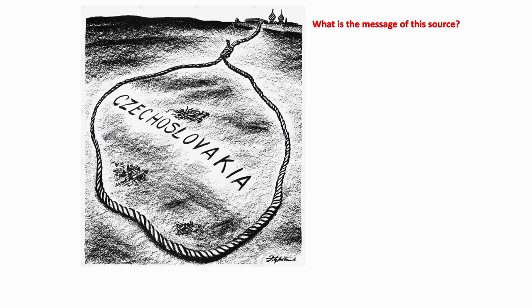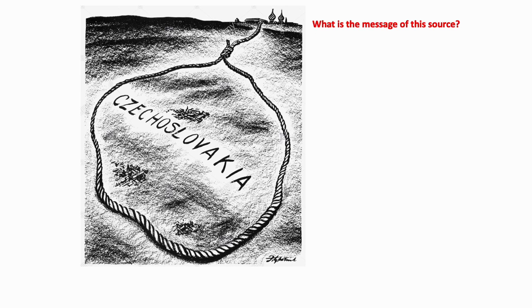Okay, so hopefully it's obvious to you that this is a Western source with Moscow in the background. We can see those Russian buildings, and essentially what they're doing is putting a lasso around Czechoslovakia and they're going to pull that in towards Moscow. You could change any of the names in this source to any of those countries that have fallen in the last couple of years, but that's the point, and that's the view from the West, that the Soviet Union is essentially one by one rounding up, like a cowboy would do with his rope, all of these countries.